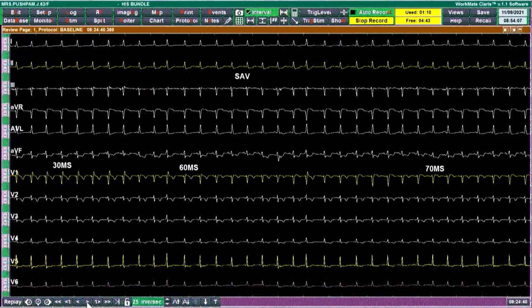So one important thing is to optimize the AV delay to get a good AV nodal fusion. So that is going to mask your RBBB delay. And the second thing is anodal capture, since you can see here at least 12-13 millimeters of the lead is buried inside the septum.